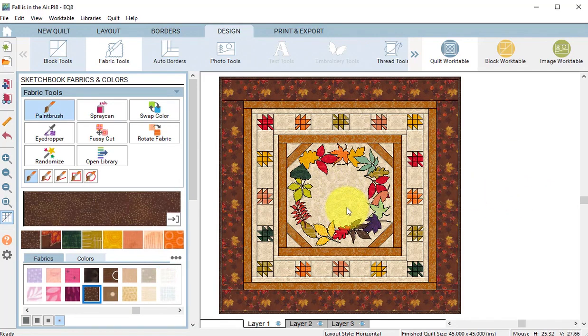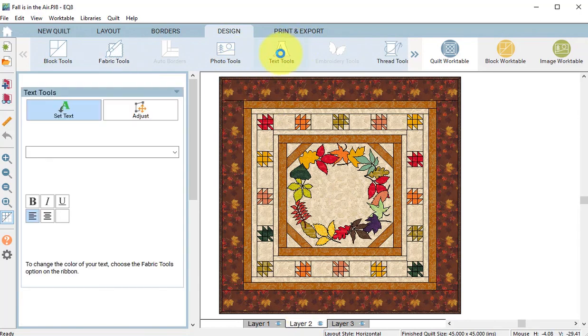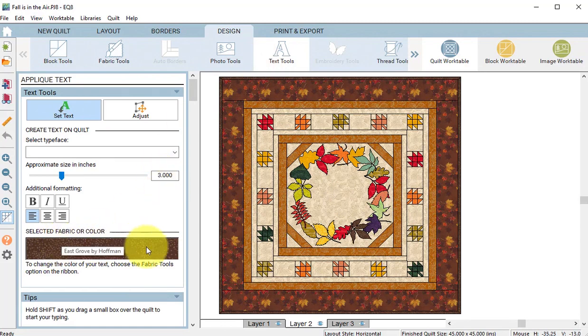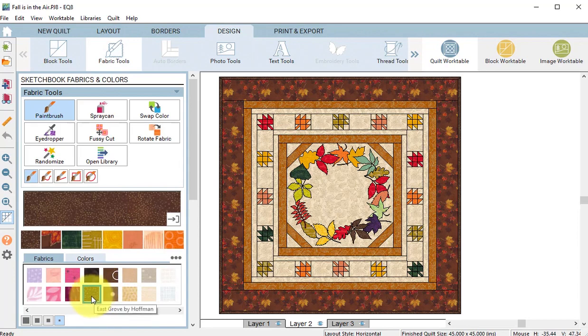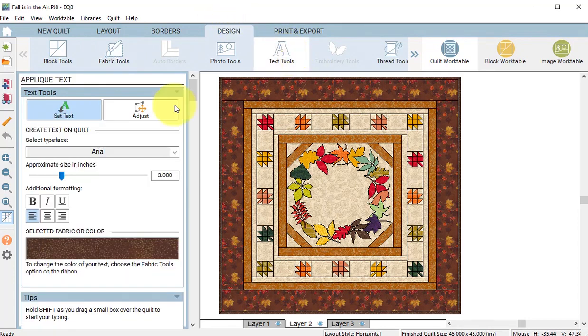Now I want to fill in the center with some words, and so go to Layer 2 and select Text Tools. Now make sure that you have a contrasting fabric to the center. If your fabric isn't contrasting, just go to Fabric Tools, select a different fabric, and then go back to Text Tools and select Set Text, and with the Shift key on your keyboard drag a box,